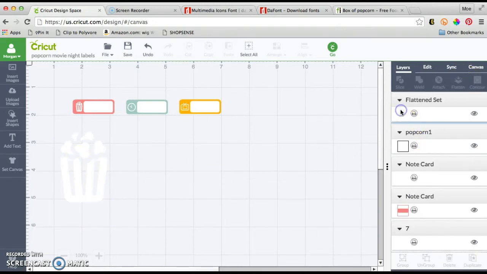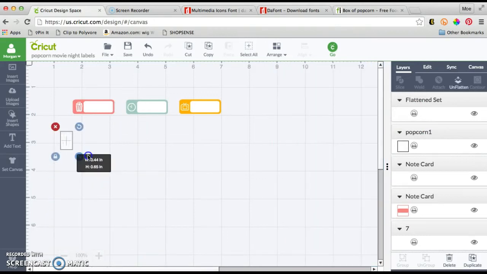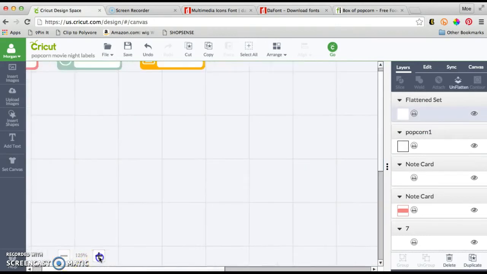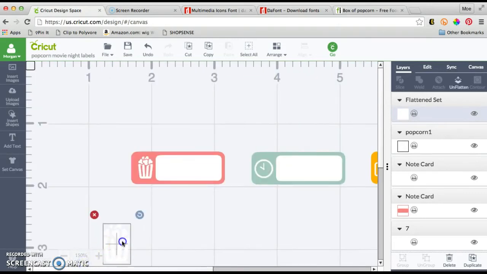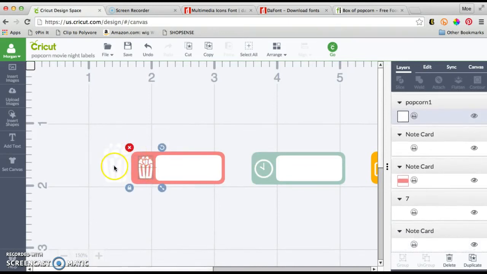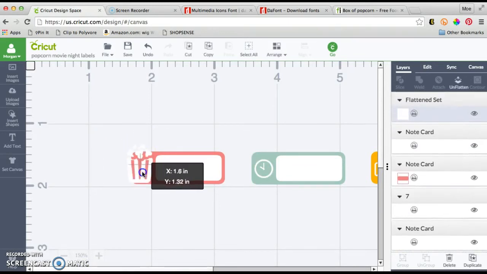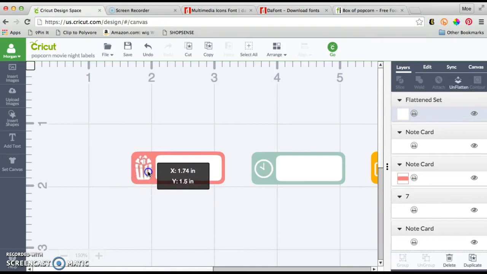And you can see that changes it to be a flattened set. You can still stretch and manipulate it. It's not going to lose its integrity image-wise. So let's see here. This is the PNG. I'm actually going to remove that one because the SVG vector file is going to work a lot better. So then once you have your base laid down for this little label box here,